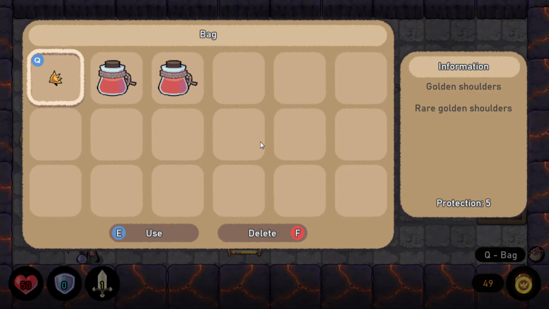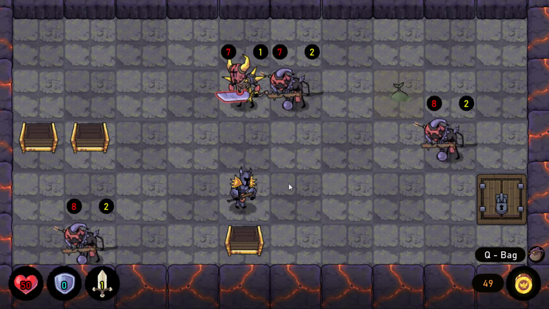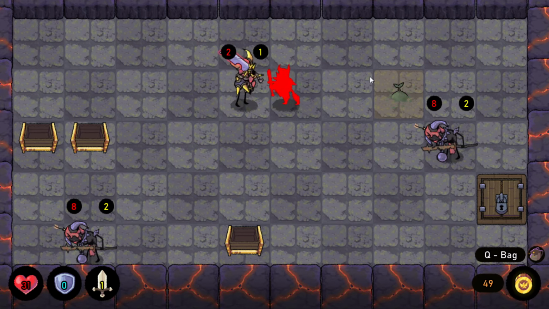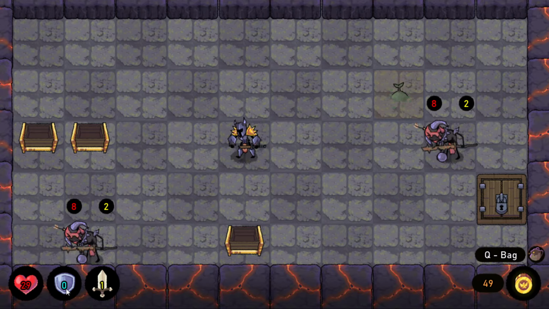Yeah, I guess we may as well survive as long as we can for now. I wonder if, when we die, will we get to keep our golden shoulders, for example? That'll be good to see. Hopefully. I guess we'll just get through some of these. I assume either one of them's going to drop the key, or we just have to defeat them all. I don't know if that shield allows you to block, or if that's like a defense rating, or...